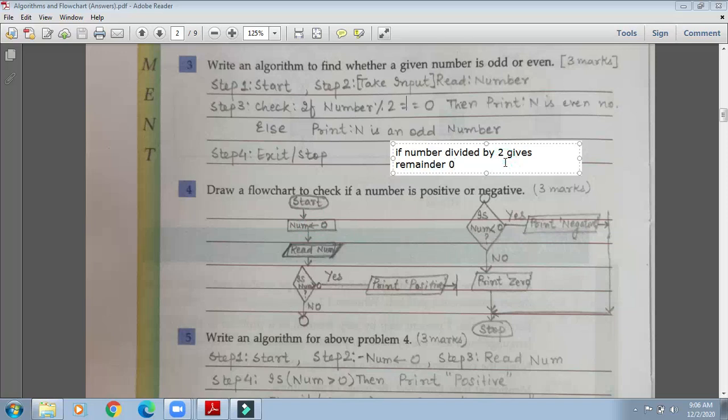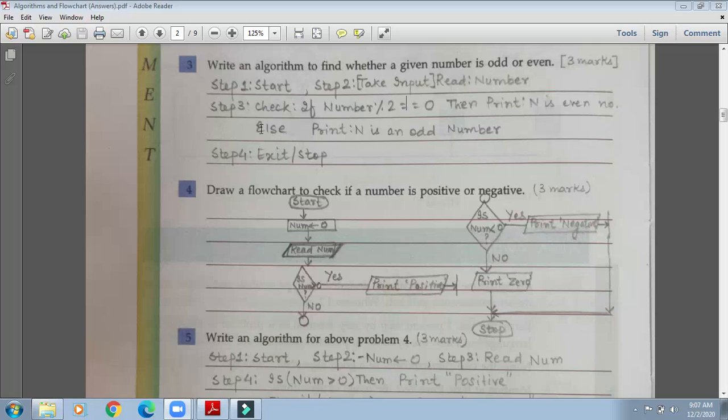Okay, so now if the number gives remainder 0, if it gives 0 as remainder, then print n is an even number, because it is divisible by 2 and gives remainder 0.